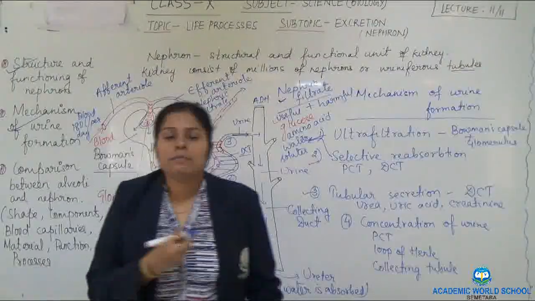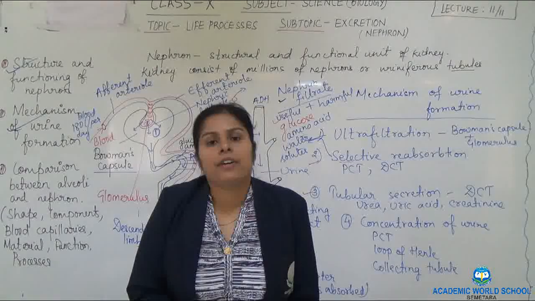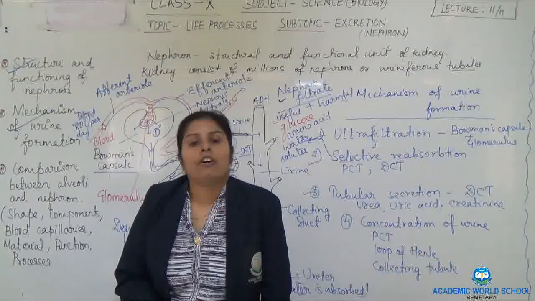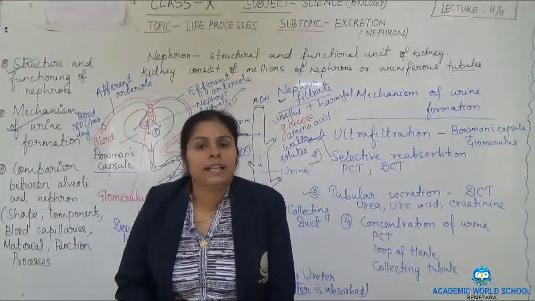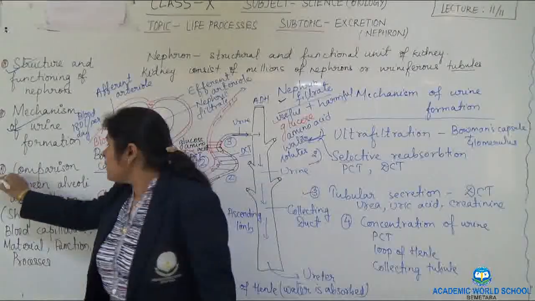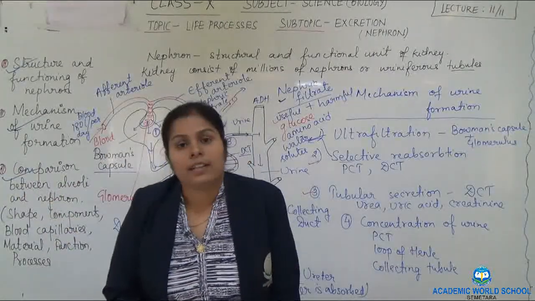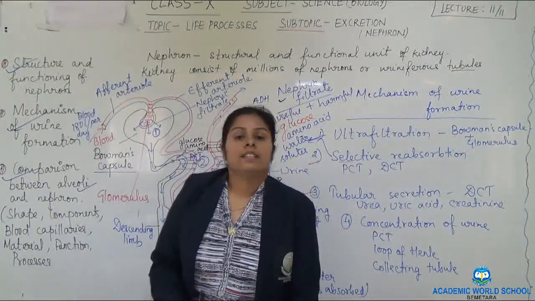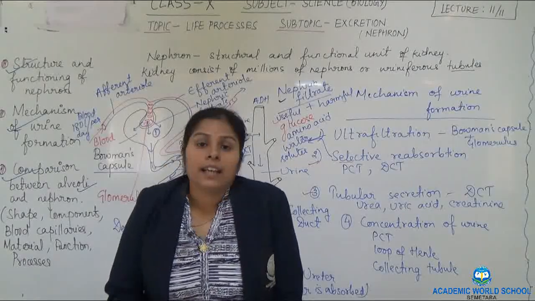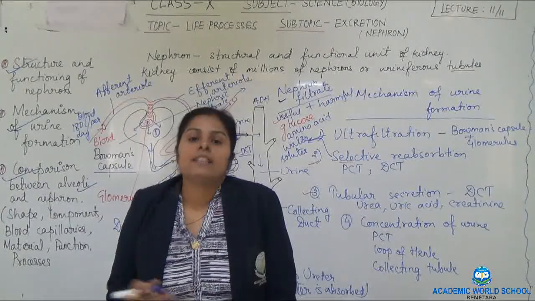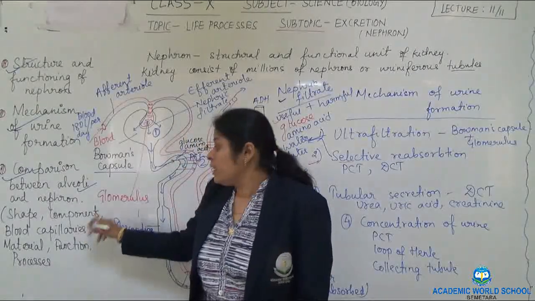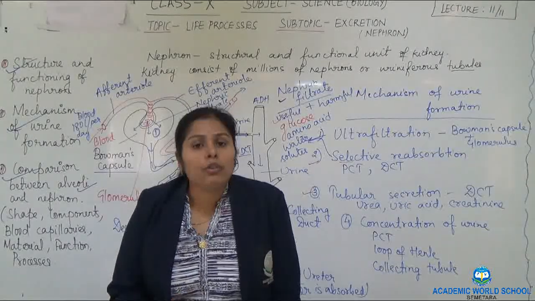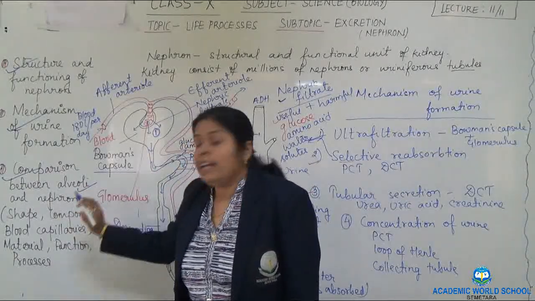So nephron is a very important part, or we call it the structural and functional unit of kidney, where such an important process takes place, filtration of useful and harmful material. So next we will study the comparison between alveoli and nephron. Remember, where did we study alveoli? Alveoli we studied in the life process section 2, that is respiration. Alveoli is the respiratory surface where exchange of gases takes place, and nephron is again an important component, a filtration unit. So how do we compare the alveoli and the nephron?